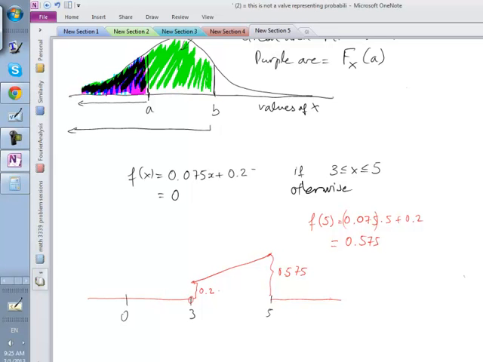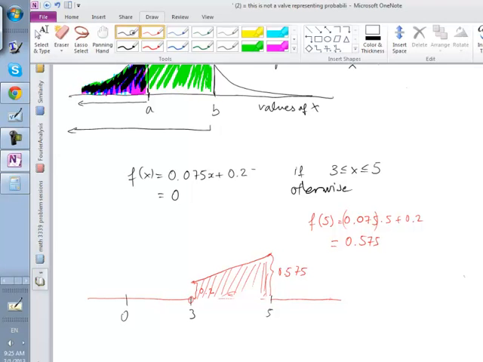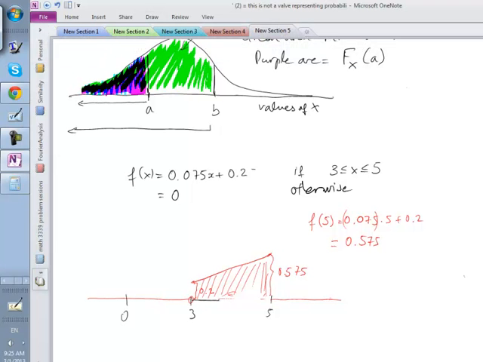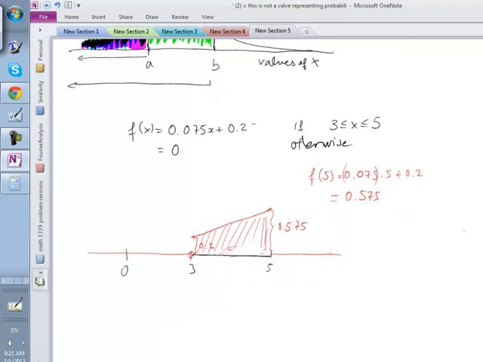The problem is asking us to verify that this area under the curve, and the curve now is a straight line, is equal to 1. Well, this is a trapezoid here,